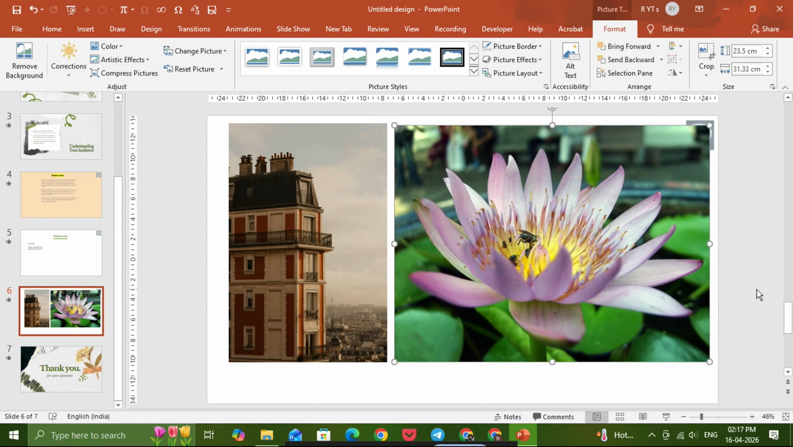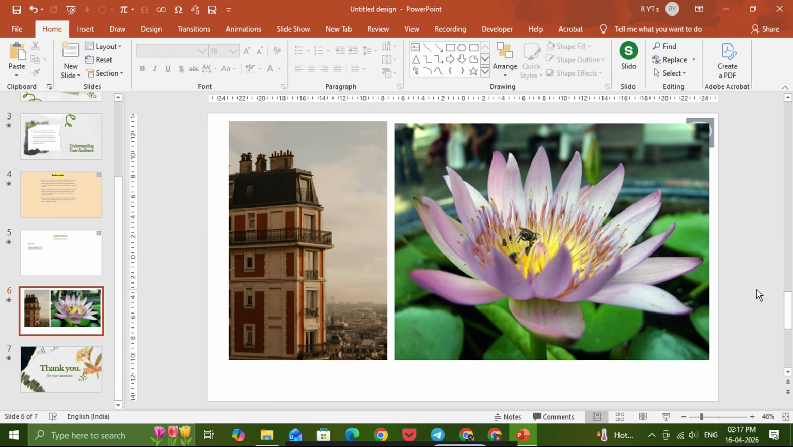So that's how you insert pictures and clip art in PowerPoint 2007. You just use the Insert tab, choose Picture for an image from your computer, or choose Clip Art to search